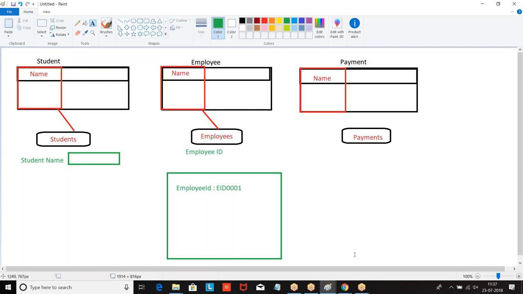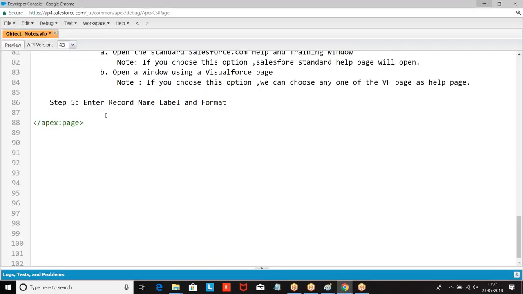Are you clear? Right. So look at the quick theoretical points.